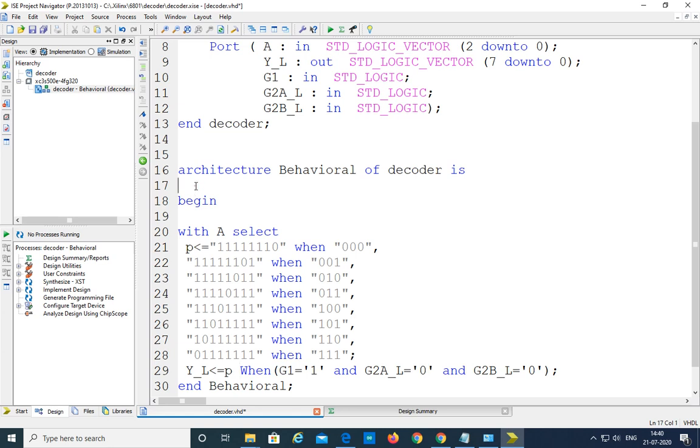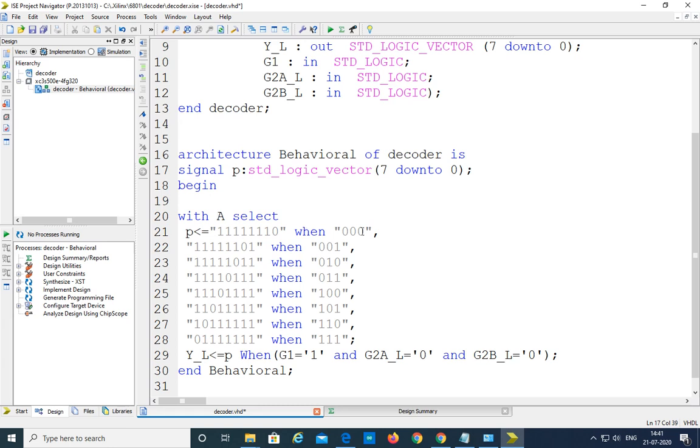So that's why after the architecture we are defining the signal P, which is of data type std_logic_vector. In P we are storing a total of 8 bits, so it is 7 down to 0 that we have to write. Understand this one. With A select, when A is equal to 000, that is for input